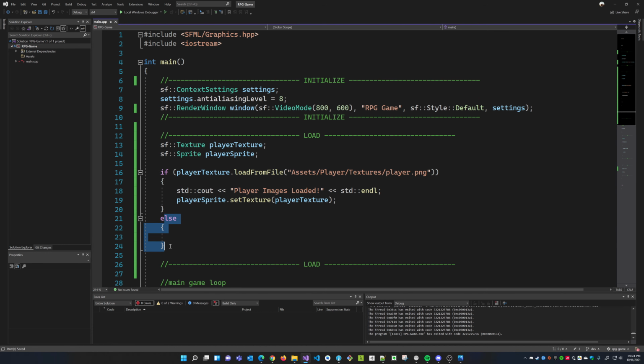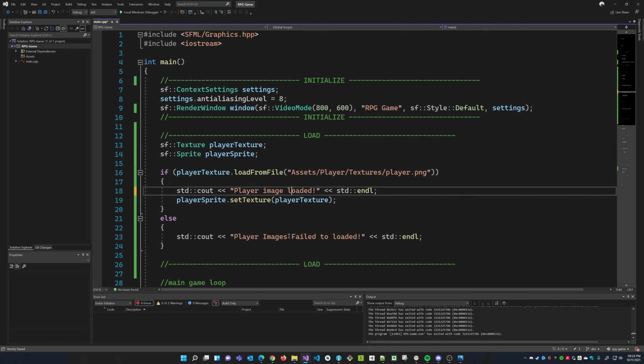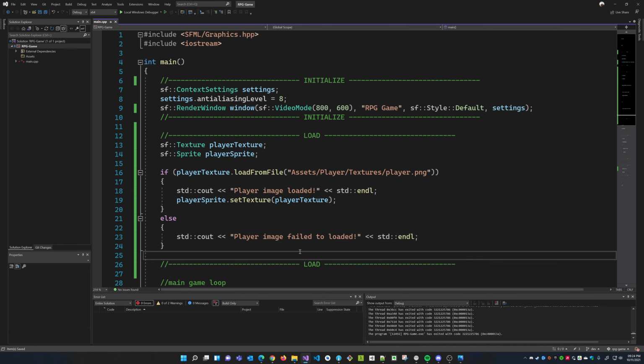So in this case, if it's true, I'm going to say player image loaded, and I'm going to set the texture. If it's false, I'm going to say player image failed to load. Cool. So now if I press play, hopefully it will load correctly.